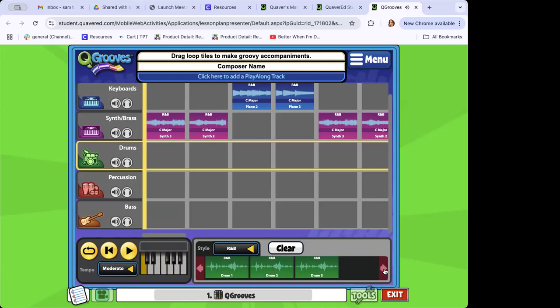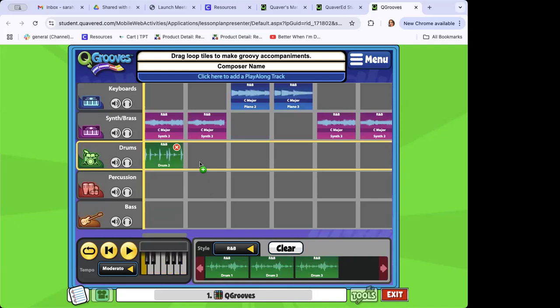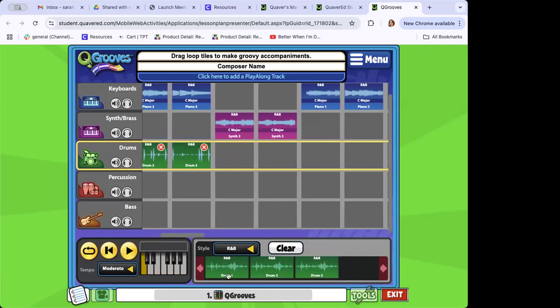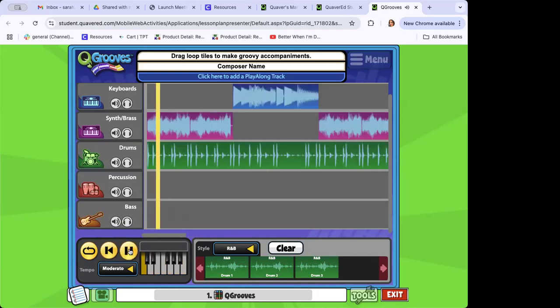So if this was green, then we would have more loops. So I'm going to do 2, 2, 2, 3. That's going to be my pattern. And why is that my pattern? That's because I picked it. I like the way that it sounds. And that's it. So now when I push play,